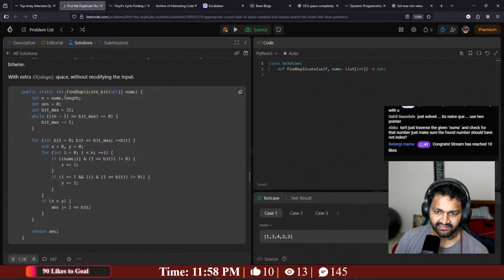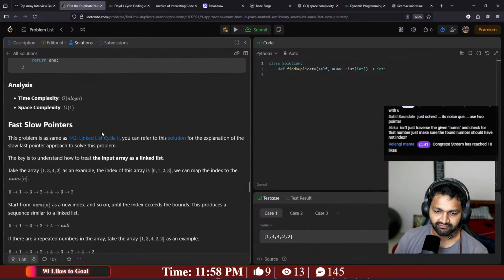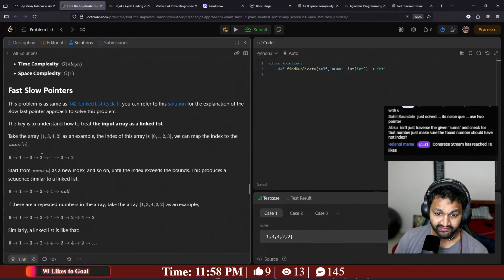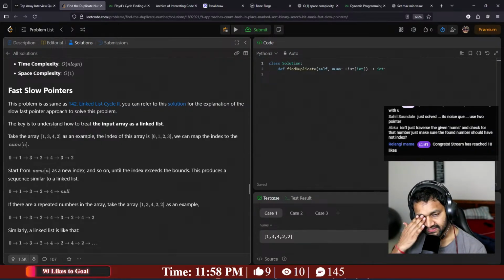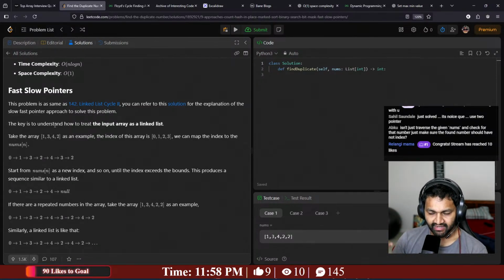So, public static int findDuplicate. This is not the one. Yeah, fast and slow pointers. I wanted to use this. The key is to understand how to treat the input array as a list. Take the array as an example, and the index of the array is 1, 2, 3, 4, 5. We can map the index